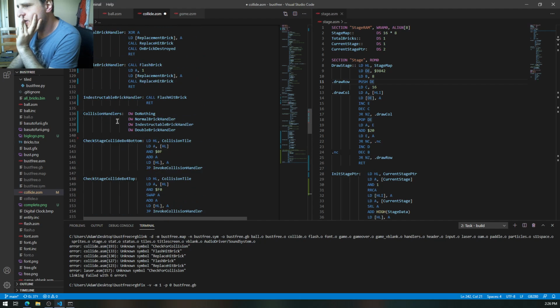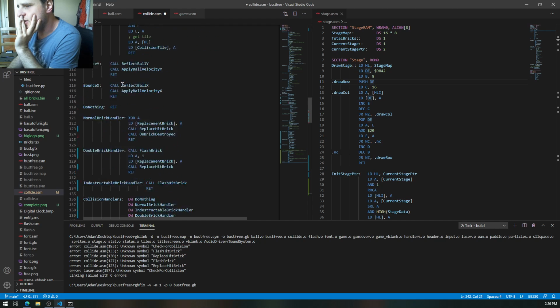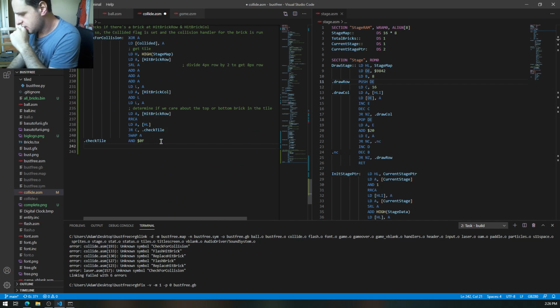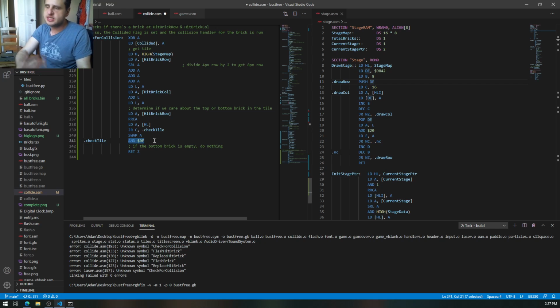What do I do here? Collision handlers, do nothing. Do I run it every time? Okay, so I run it every time, which is all I'm going to do here is ret 0. If the bottom brick is empty, do nothing. Right, so this clear is good. If the bottom brick is 0, this is going to equal 0. It's going to set the 0 flag. We're going to do nothing. We've cleared collided out. Otherwise, we're going to use this to look up